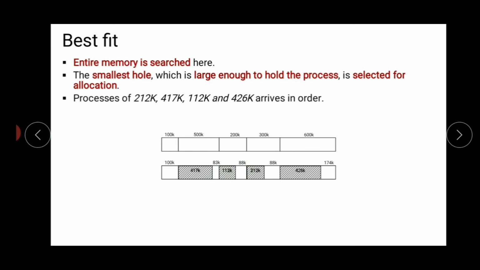Now let us see this 426K. Search the entire block. Okay, I find the smallest block to hold this process. Yes, we have, and that is 600K. This is free. So now this process will get a chance to be allocated this block, and this particular memory will be allocated, and the rest 174 kilobytes will be free. So you can say here, this block is getting the chance to allocate the memory.